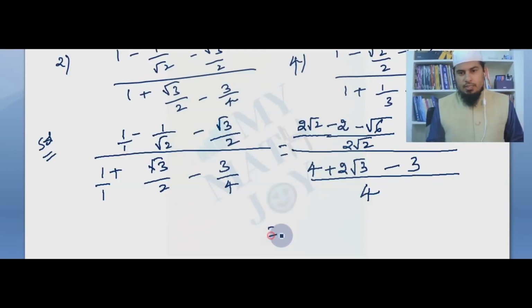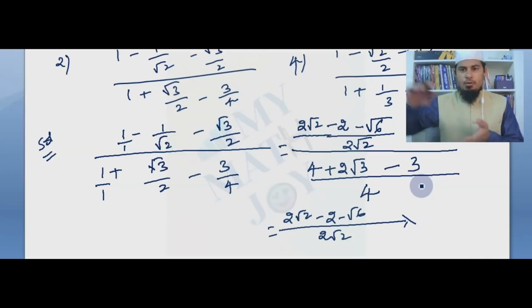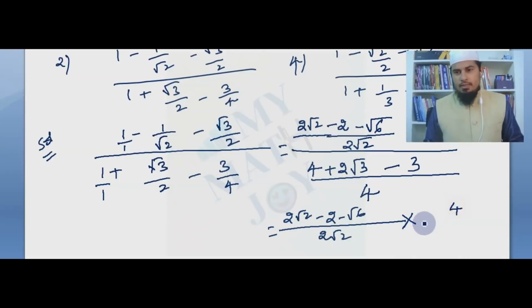Let us proceed. This is the actual denominator and bigger one. Then 2 root 2 minus 2 minus root 6. There are no like terms, no simplification. Exactly keep it as the same. I want to bring this denominator to the numerator, reciprocal, and bring it to the numerator side. So is there any like terms?